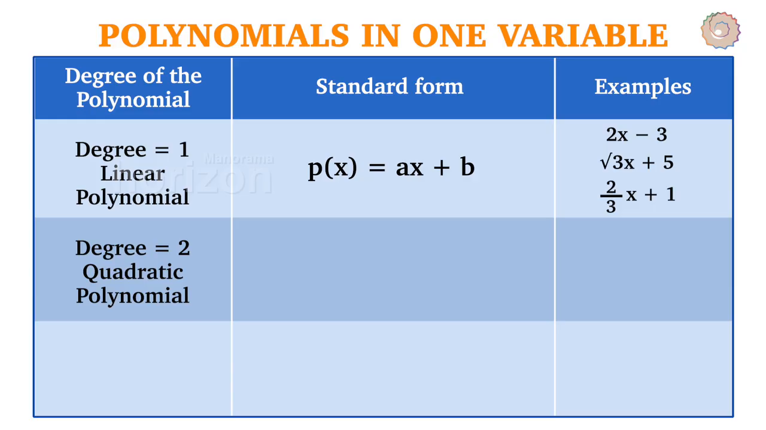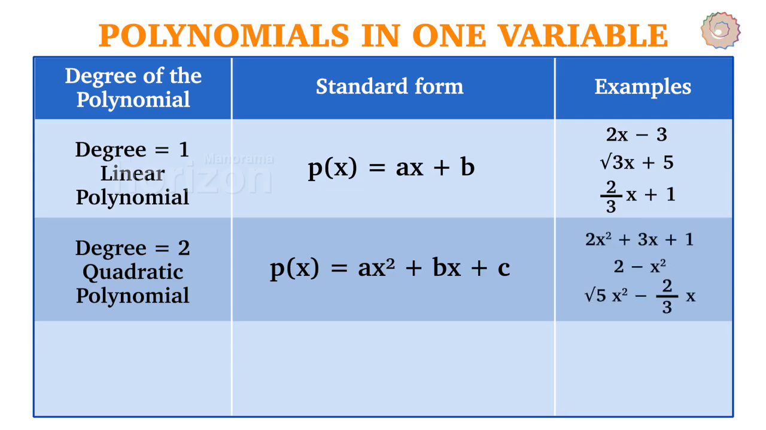For a quadratic polynomial, the degree is 2 and is of the form p(x) = ax² + bx + c, a not equal to 0, a, b and c are real numbers. For example, 2x² + 3x + 1, 2 - x² and